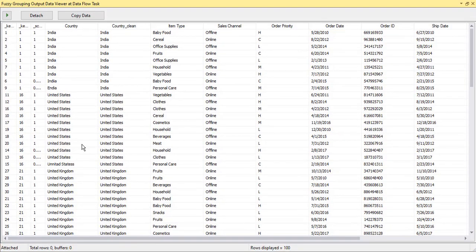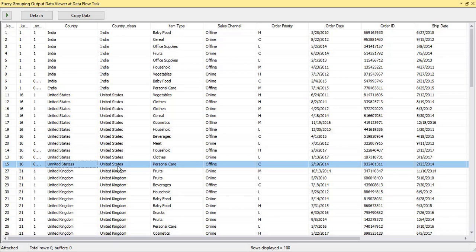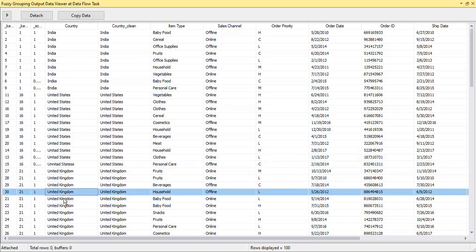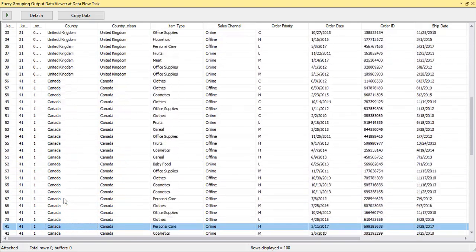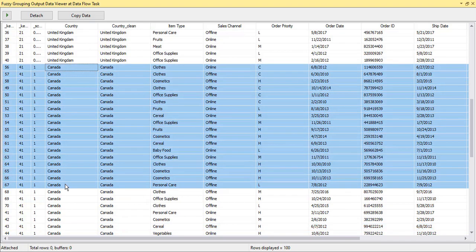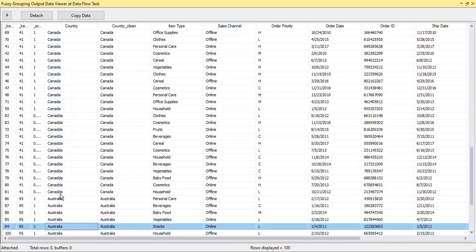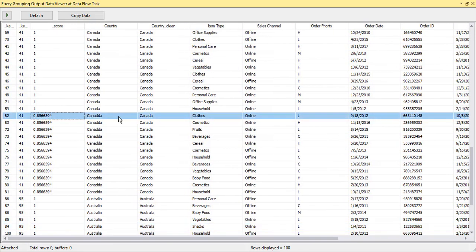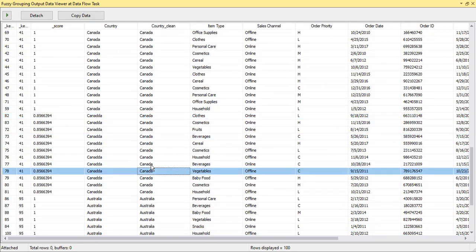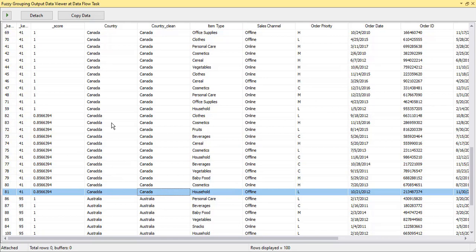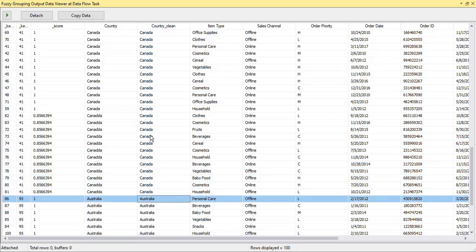Now if you look at the United States value, this value has been corrected. The majority of values will be considered. This value is in minority. Okay, States, United Kingdom, Canada. What about Canada? Majority values are this Canada, which is the corrected value. Some values are incorrect, which will be corrected by this fuzzy grouping algorithm. Look at the similarity count, 85%. Look, this has been corrected. This will be compared with the corrected values, and this will be corrected by the fuzzy grouping transformation.